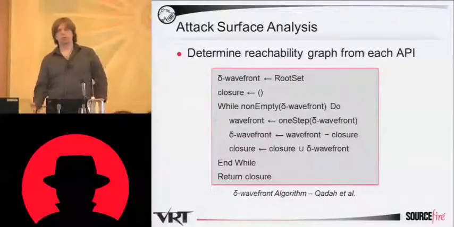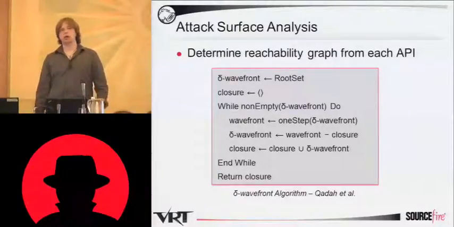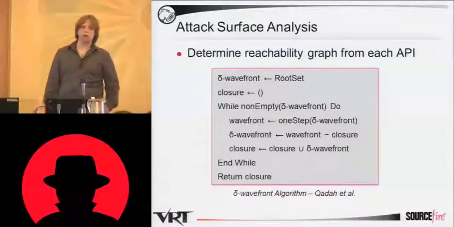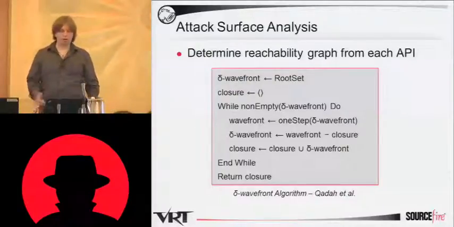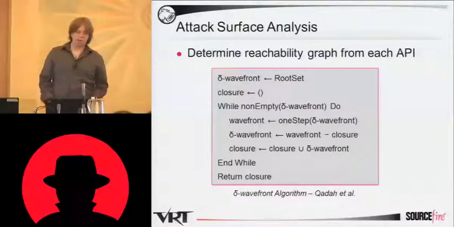So reachability is a problem. If you're going to determine which functions on this call graph are actually reachable from an input source or from a taint API, an attack surface API, then you need an efficient way to do it. There's an algorithm, it comes from civil engineering actually, or